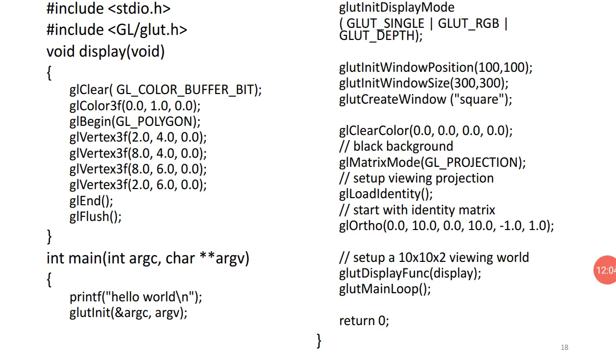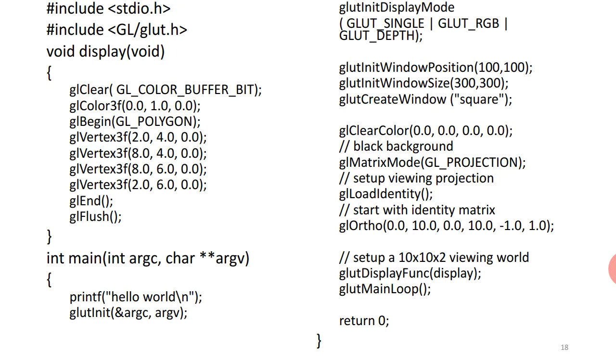This is the program which was discussed earlier. In this, the change is in the display function. As we want to display the square, in this display function first the previous color is cleared and a new color is set.